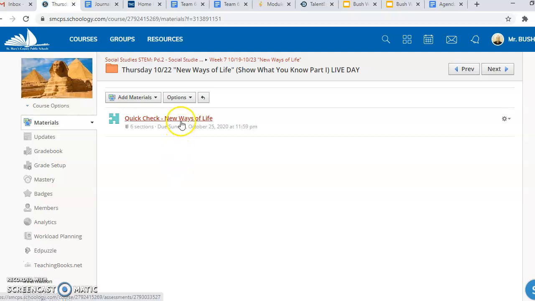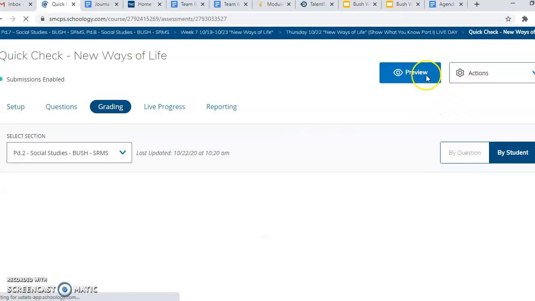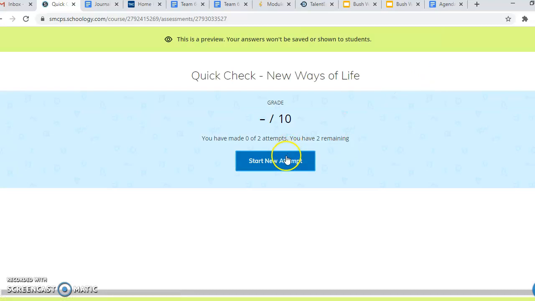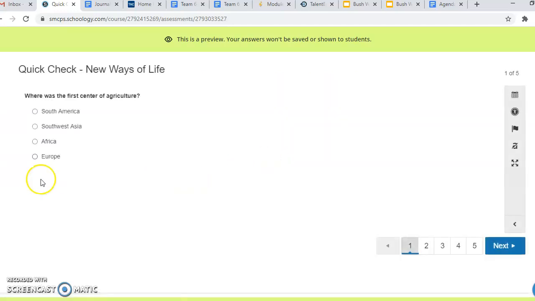This is a set of 5 multiple choice questions that will ask students to recall their knowledge from the reading guide. So the 5 questions come directly from the knowledge gained from the reading guide activity. Students will complete the 5 multiple choice questions. They have 2 attempts at it. I will accept the higher of the 2 scores from the quick check. So we took a little bit of time together in class, about 5 to 10 minutes, to give students an opportunity to try and complete this quick check.